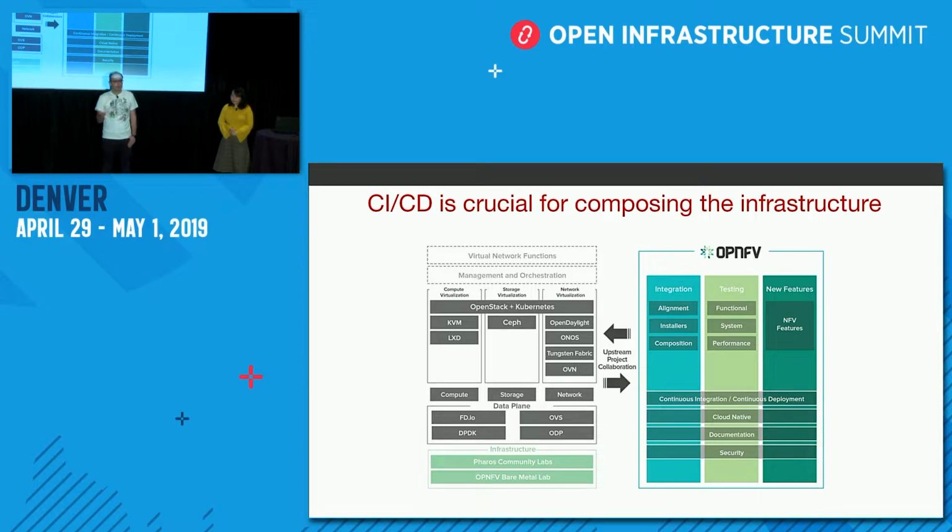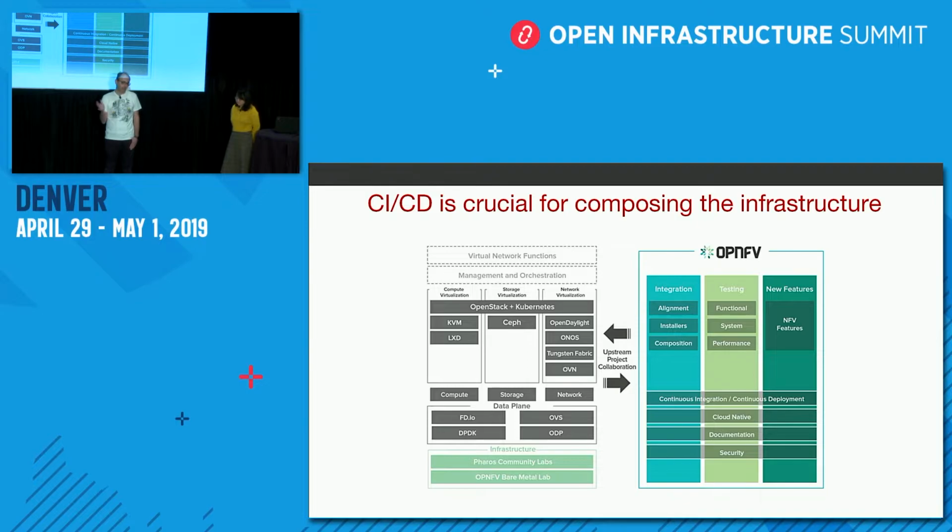We also have different feature projects that directly work in upstream. Since the OpenNFV mantra is work in upstream, we go and fix certain missing features from a telco point of view because the OpenNFV community tries to address telecom requirements or tries to see if the requirements coming from the telecom industry are really implemented in upstream communities. And if we find a missing feature in upstream communities, we create a project in OpenNFV, and that project works with upstream communities to get that missing feature in place. Also, as expected perhaps, the most important thing for OpenNFV is the testing.